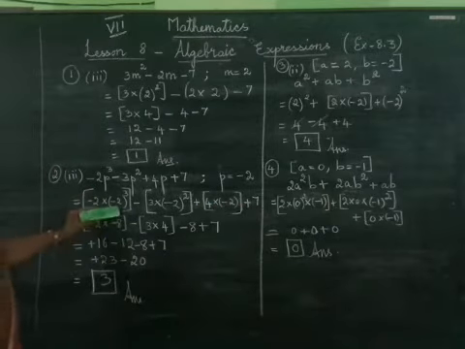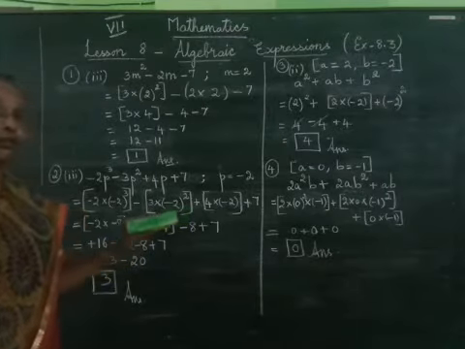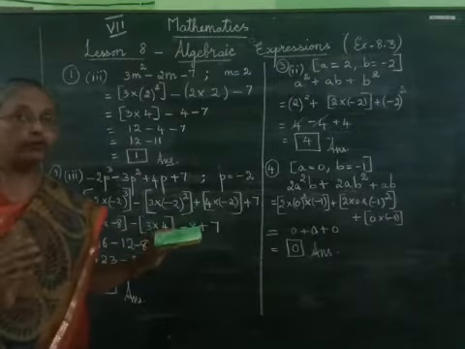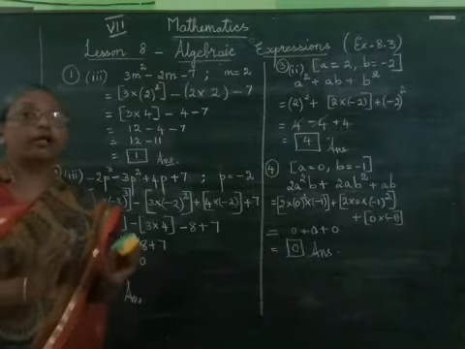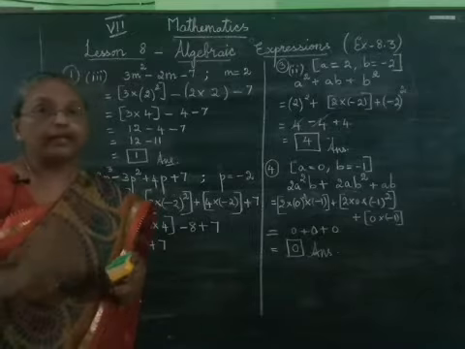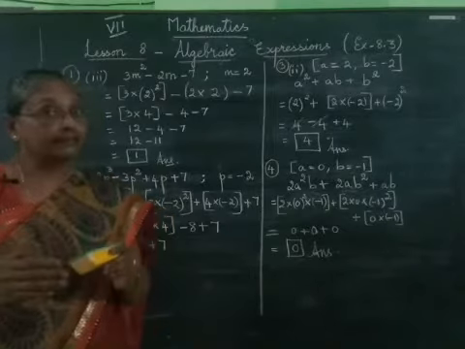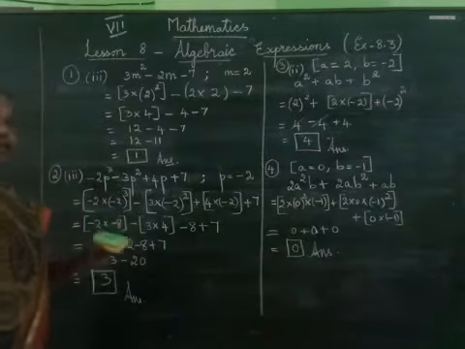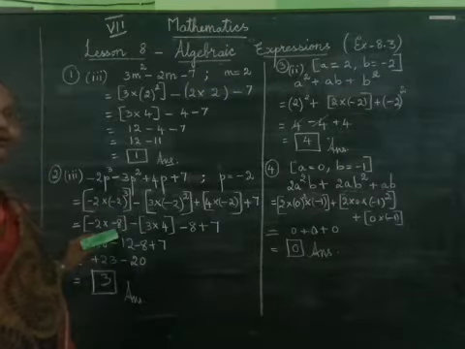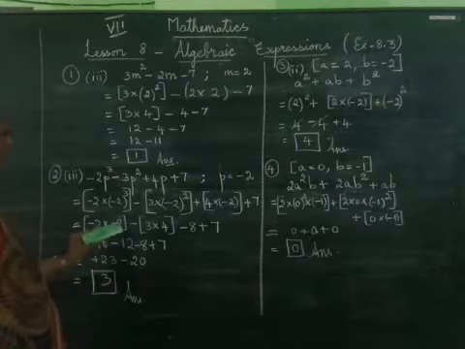Now minus 2 whole cube, you have to see very carefully when there is a negative sign. If you multiply it 3 times, what will happen? Normally we know in integers we have learnt for negatives, if the power is odd, the answer will be negative, and if the power is even, then the answer will be positive. This we should keep in mind. So minus 2 whole cube will be negative and 2 into 2 into 2 will give us 8. So here we get minus 8, minus 2 into minus 8.